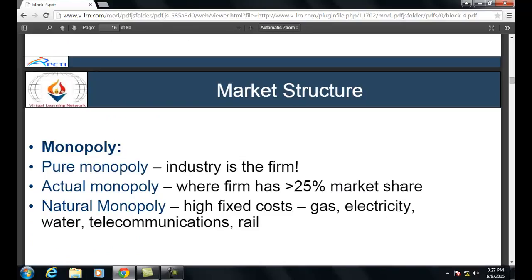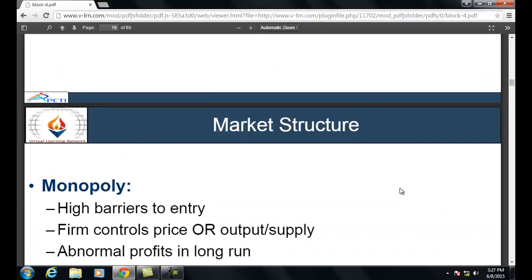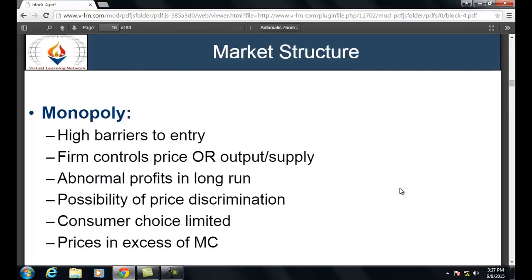Monopoly. Pure monopoly: the industry is the firm. Actual monopoly: where a firm has greater than 25% market share. Natural monopoly: high fixed cost, like gas, electricity, water, telecommunication and railway. High barriers to entry, firm control over